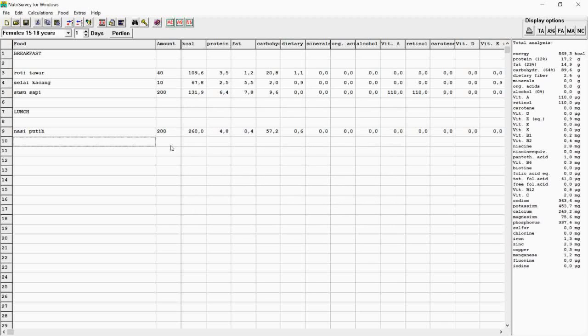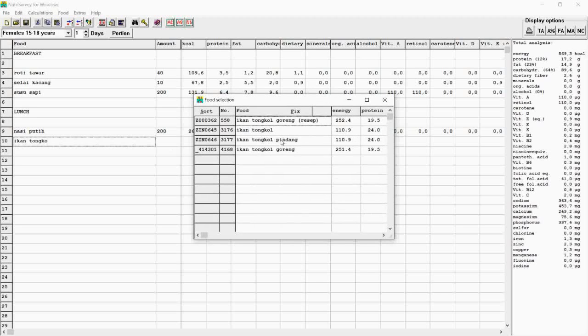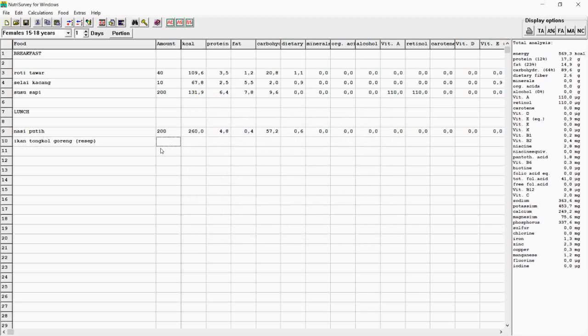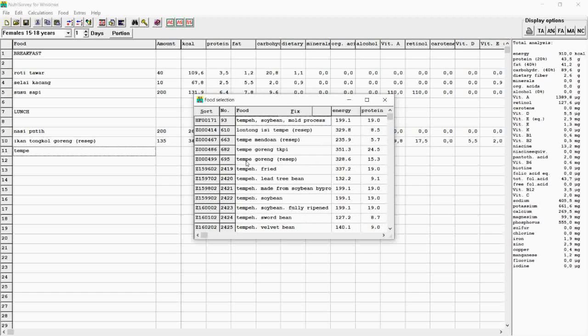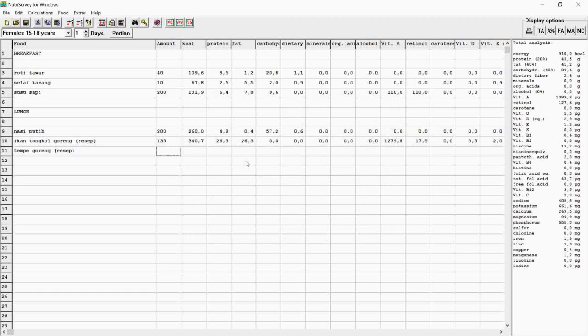She also ate tuna mackerel. The cooking method is fried, the fried tuna mackerel. It is estimated at 135 grams. She also ate fried tempeh, 50 grams.